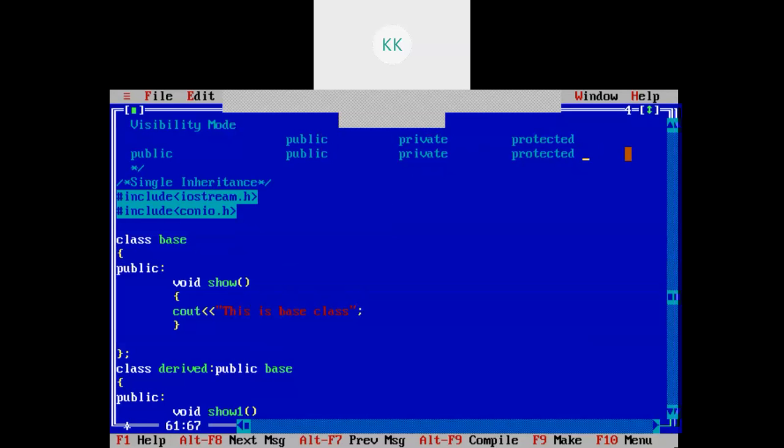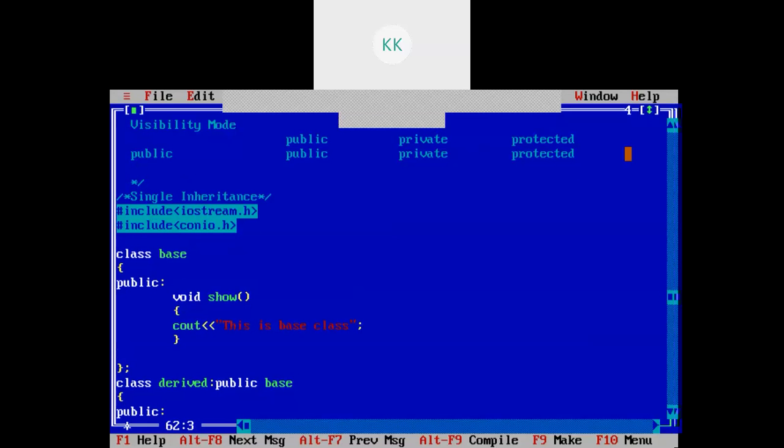So if we use private as access specifier, here this private will not be inherited, right? Why is private not inherited?